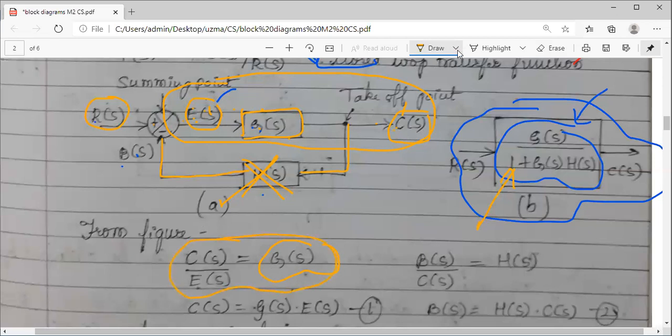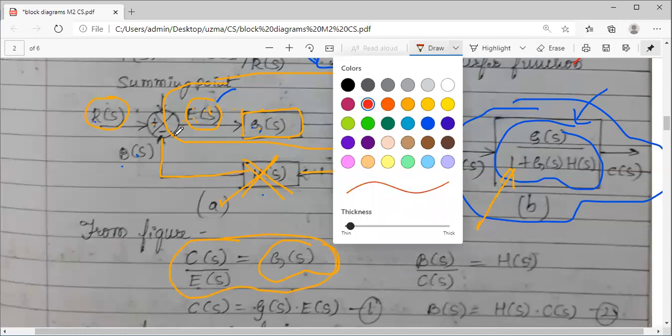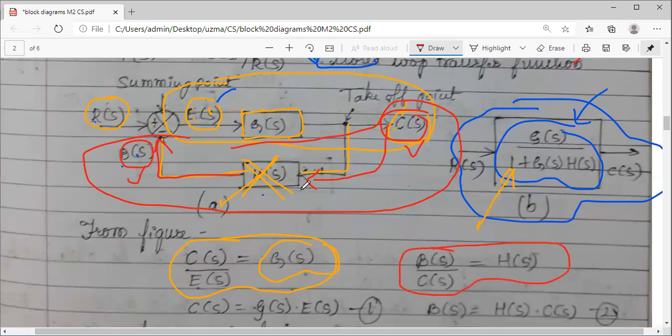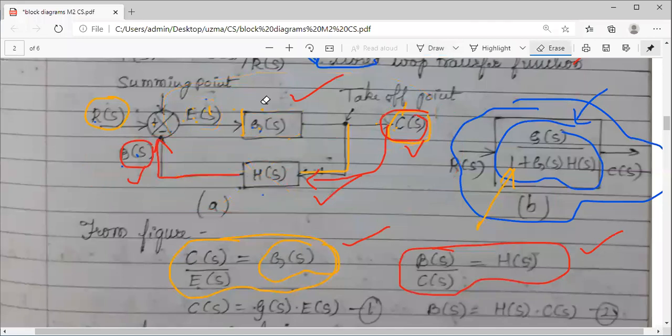This is the first analysis. Now coming to the feedback path. Observe this feedback path. Here, C of S is your input, right? It is given to this block and you are getting the output as B of S. So here, the output is B and the input is C. If you take output by input, you will get the gain or the transfer function H of S. So from the figure, separately for open loop and for feedback, I have written the transfer functions. I hope you understood this.